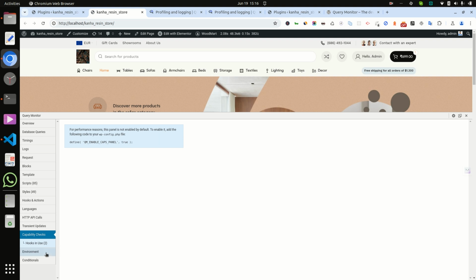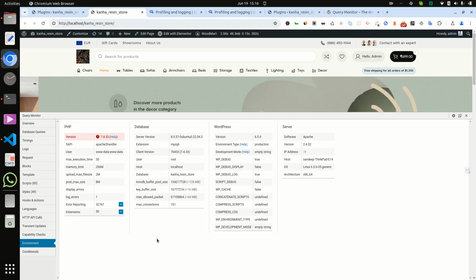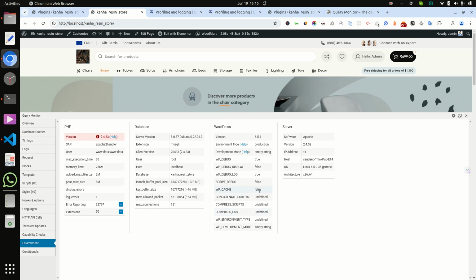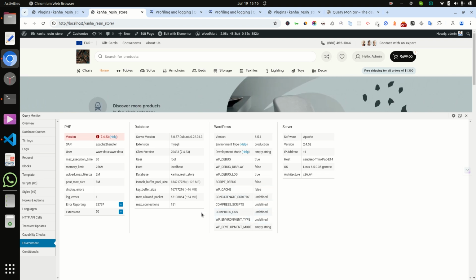capability here. And there is also a very good environment tab, and it shows all information in one place, like whether debug mode is on or not, whether WP cache is enabled or not, and what the memory limit and upload max size are, etc. All data is available here.